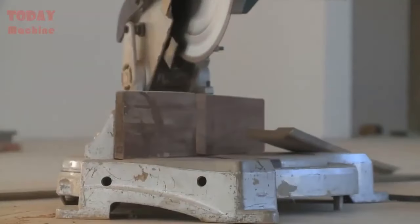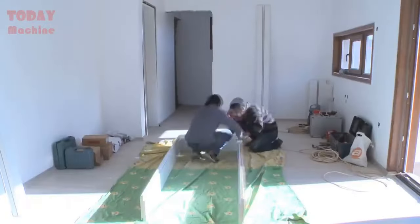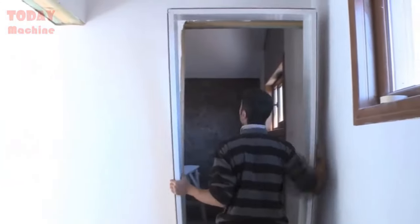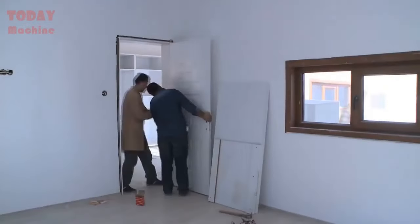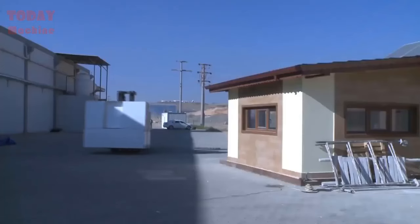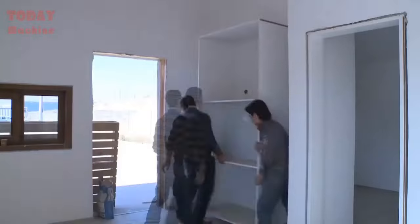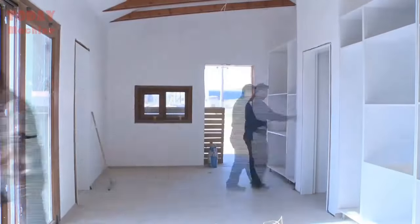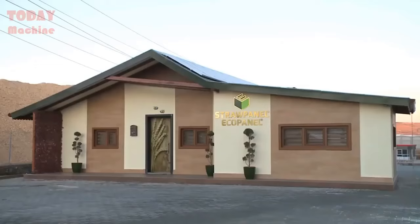Straw panel boards are a revolutionary construction material that meets the needs of modern housing. They are ecological, and made of 100% natural materials. The high mechanical durability of straw panel boards makes them ideal for use in construction projects. The excellent insulation properties of straw